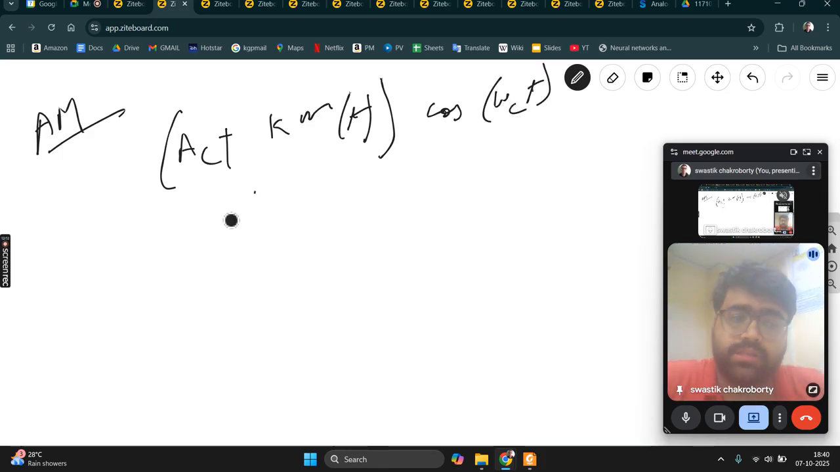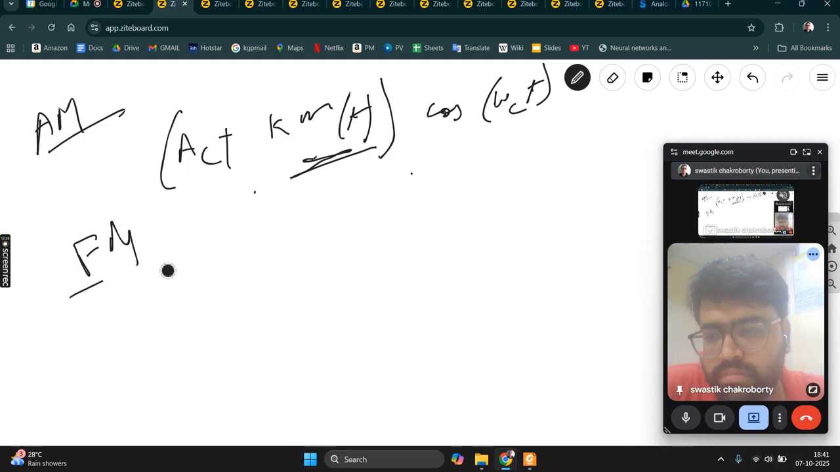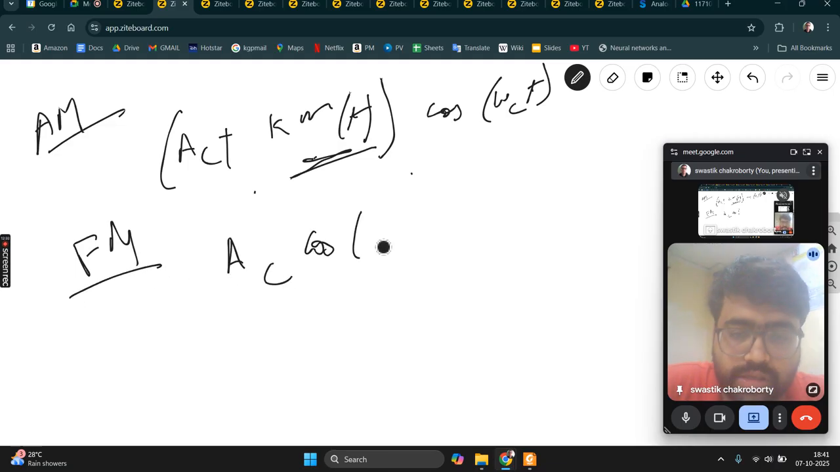Here the message signal is present in the amplitude itself, so the amplitude or the power is getting altered. So the noise also affects this power, and because the noise affects this power, detection is directly affected by the presence of noise. Whereas in FM, the amplitude and hence the power of the signal is kept constant, and only the frequency or phase of the